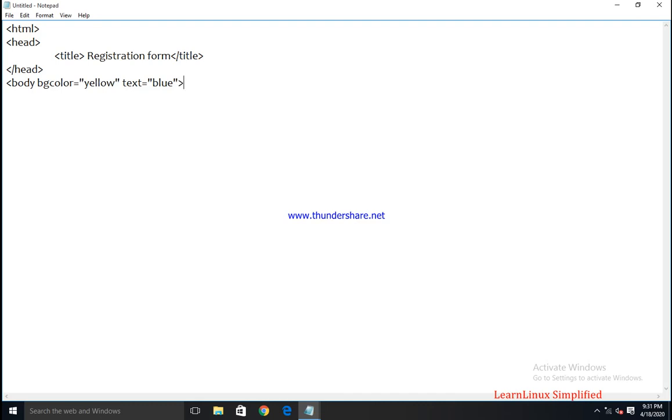Now to save our time, I have already prepared some of the coding. I'll put it in our page and explain it line by line. So to start with the form, we need to type a form tag. So here we are using form. The important attribute of the form tag is name.